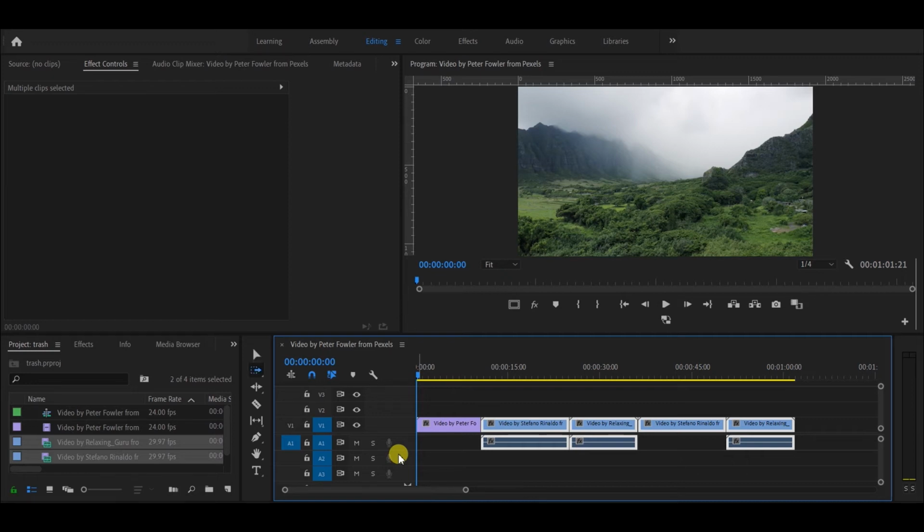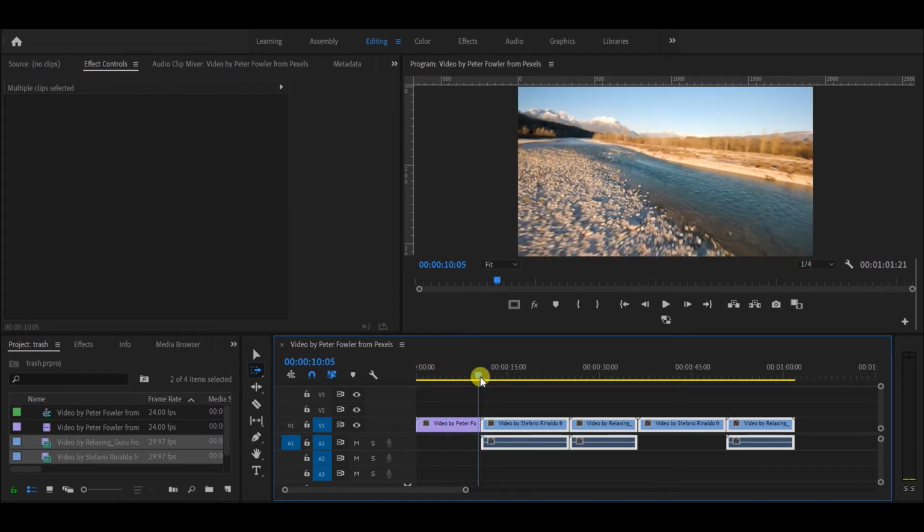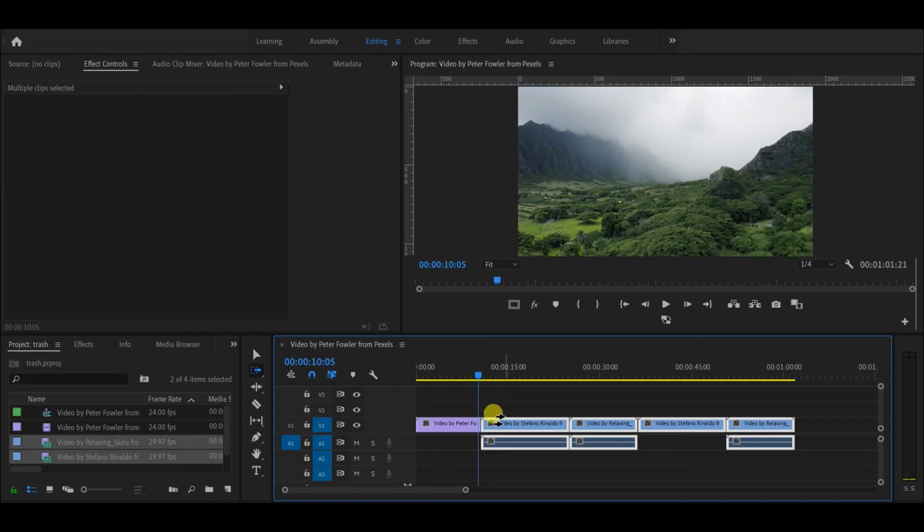Once you press A, you will see these double arrows appear. Now if you want to select a particular section, from the left or right side, just move this over here and click on it, so it will move like this. Let me show you one more example.